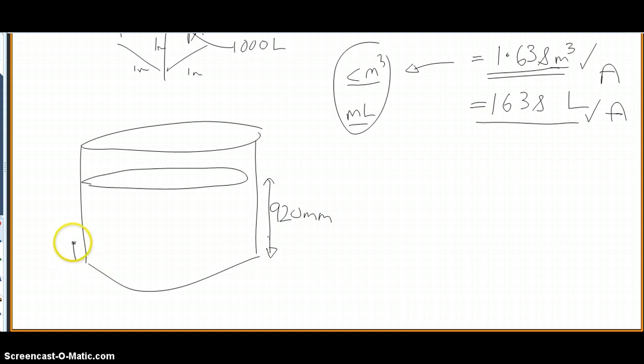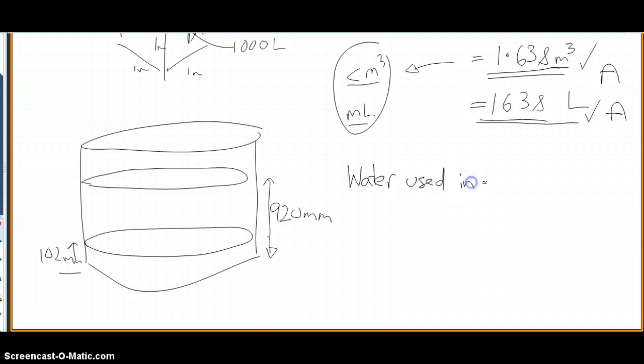At the end of the week, the height of water is 102 millimeters. However, you have to take into account that 1,638 litres fell. So to work out the water used in 1 week, and this will be my rate calculation, water used in 1 week,